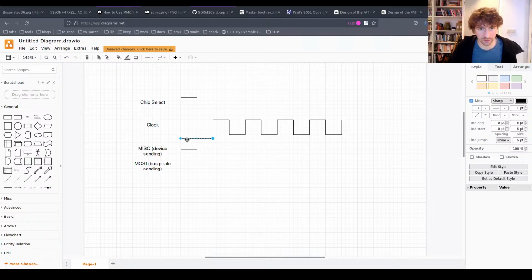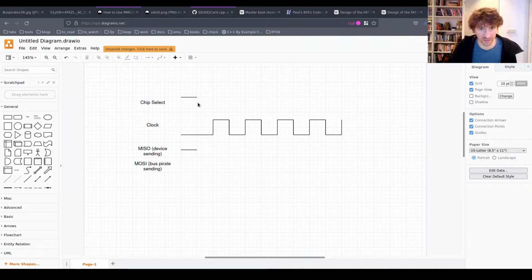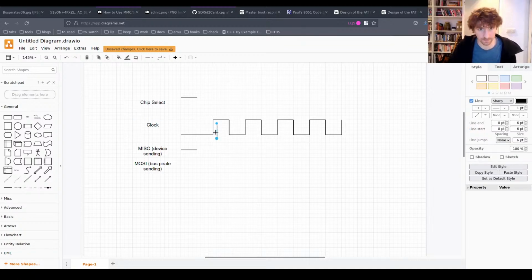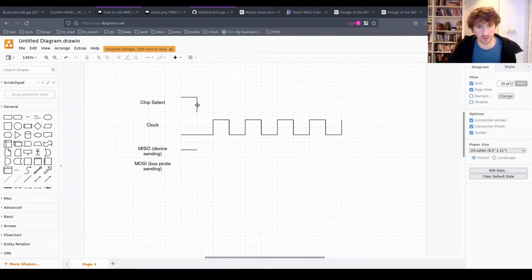Let's take this example: the clock is just low until we bring chip select low, which is confusingly